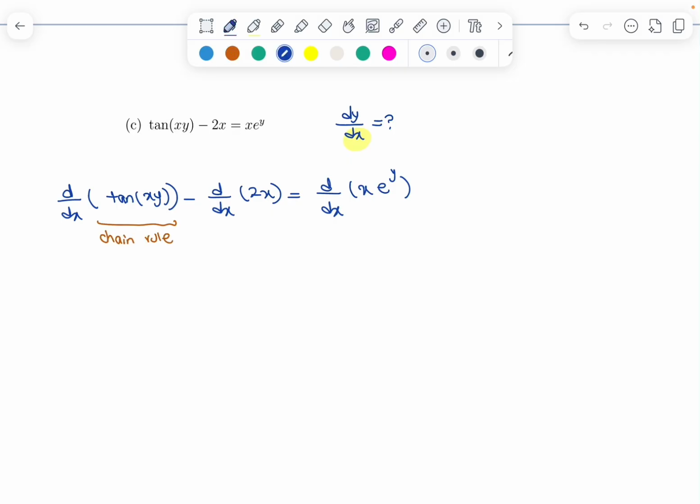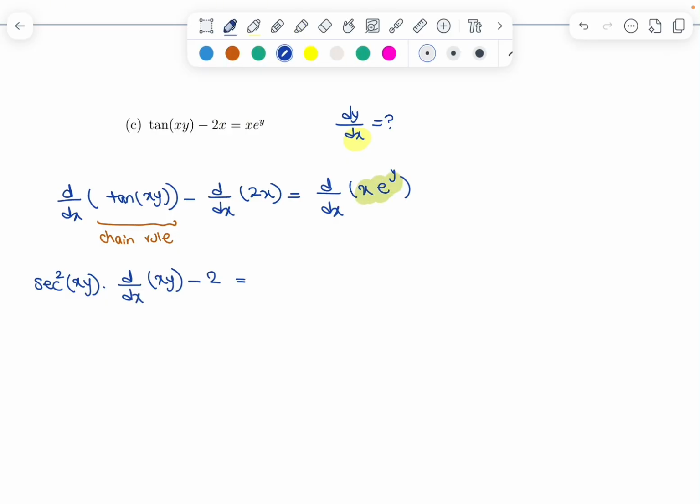To find the derivative of tangent of x times y, you must apply the chain rule. By using the chain rule, the derivative of tangent of xy would be the derivative of the outside function. The outside function is tangent. The inside function is x times y. Therefore, the derivative of tangent of x times y would be the derivative of tangent, which is secant squared of the inside function, times the derivative of the inside function with respect to x, minus the derivative of 2 times x with respect to x, which would be 2, is equal to